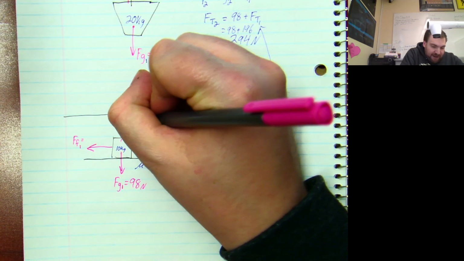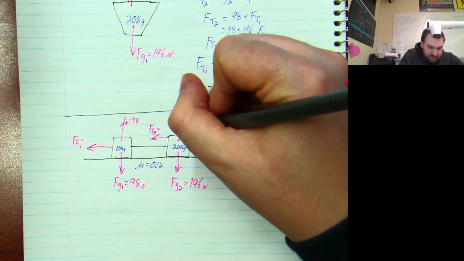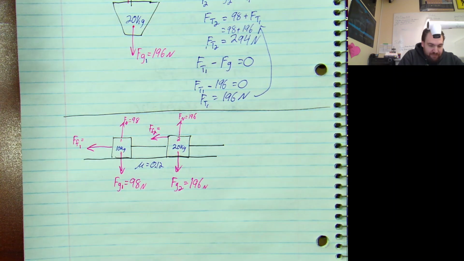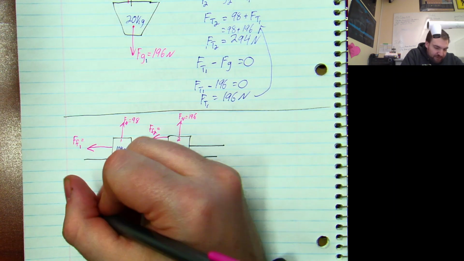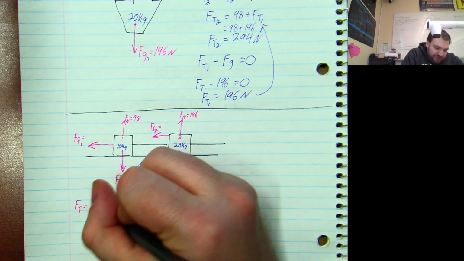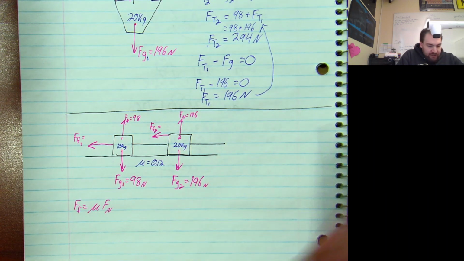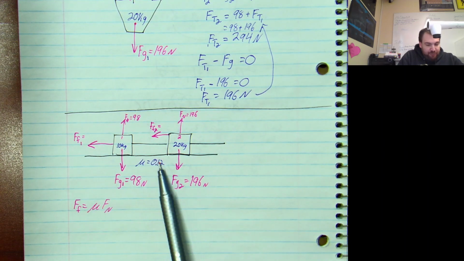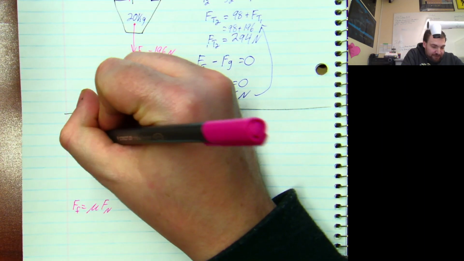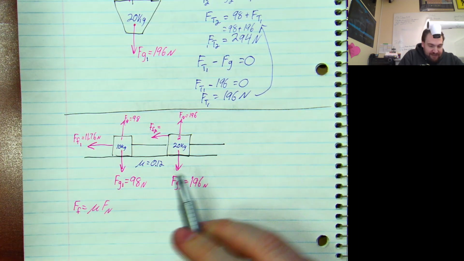We're going to have an Fn, which is the same as gravity. Take the gravity, multiply it by the mu, or 0.12. Just to recall, I'll throw it down here as Connor is saying it. Force of friction is mu Fn. So the force of friction here is going to be 0.12 times 98, which is 11.76. And this guy is going to be